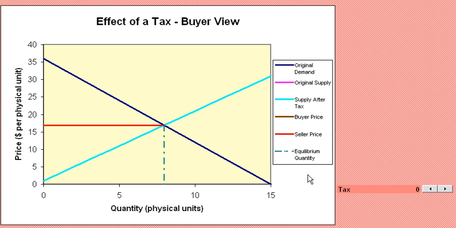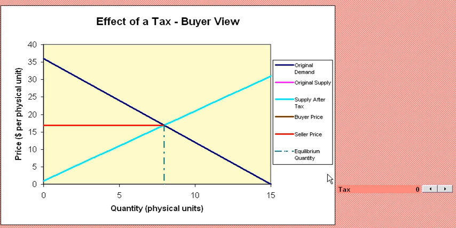We're going to show how a unit tax affects supply and demand. In this case, we have the buyer's view, which means the demand curve, which depends on the buyer's price, will not shift. And the question you should ask yourself is, well, what does that mean about the supply curve? And the supply curve, of course, is net of the tax, that the demand curve includes the tax in it,